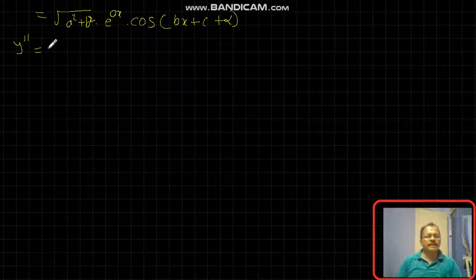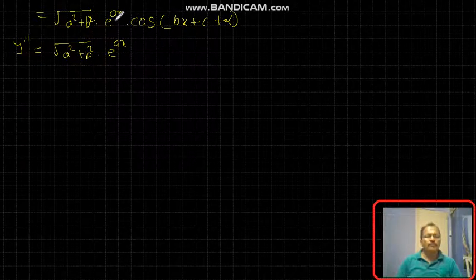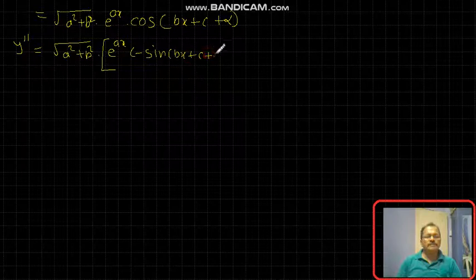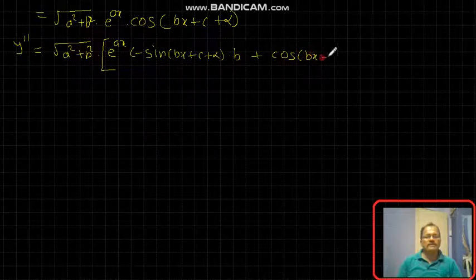The second derivative is equal to square root of a square plus b square as it is. Now derivative of e raised to ax into cos(bx plus c plus alpha), using product rule: under root a square plus b square is constant, e raised to ax into derivative of cos is minus sin(bx plus c plus alpha) into derivative of bx plus c plus alpha, which is b, plus cos(bx plus c plus alpha) as it is